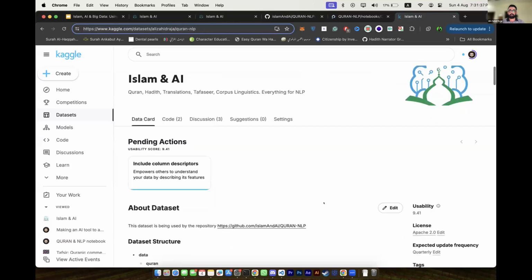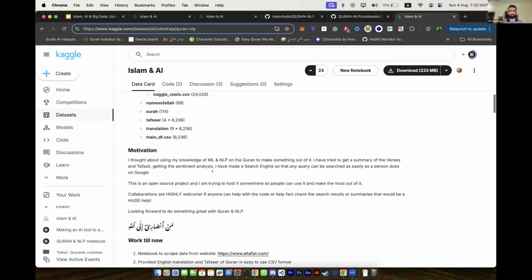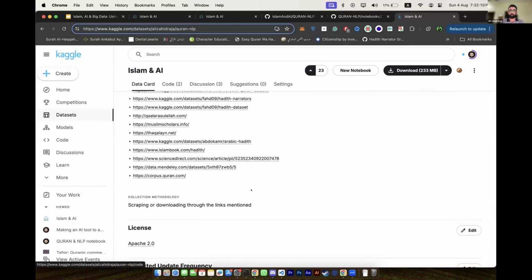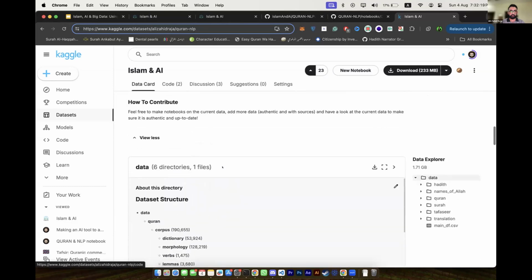So this is the link for the dataset which is collected. Like I was saying, it has a dictionary of every word of the Quran. It has lemmas. It has a group of verbs. It has separated every word and text from the Arabic Quran, and it has put it as a noun, as an adjective, the meaning of the word in that context, everything. And this data was scraped from Corpus Quran. If any one of you has seen it, you would have an idea about it. And I've just put it in a CSV format right about here.